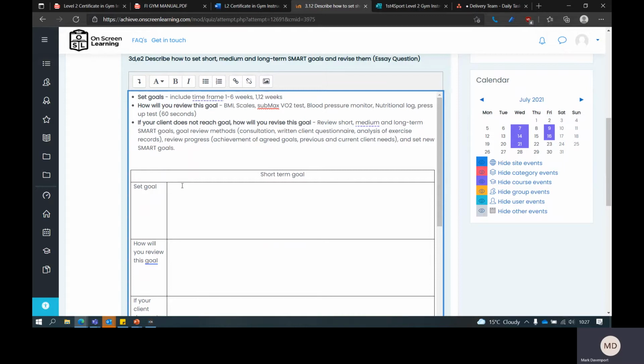So let's do an example for a short-term goal. Let's take, for example, a client who has just joined a gym and has not done any exercise before.